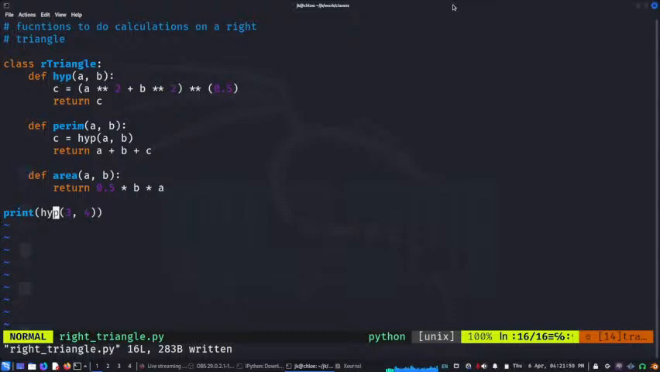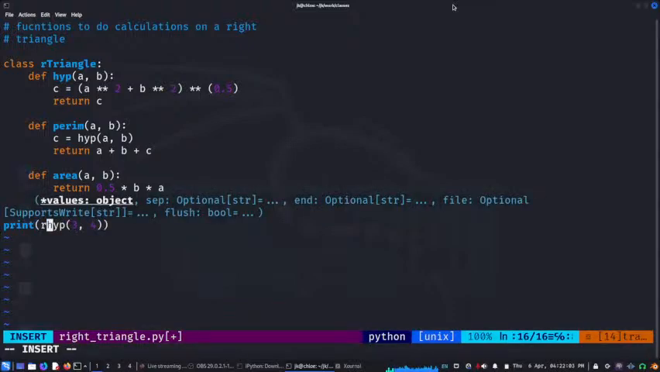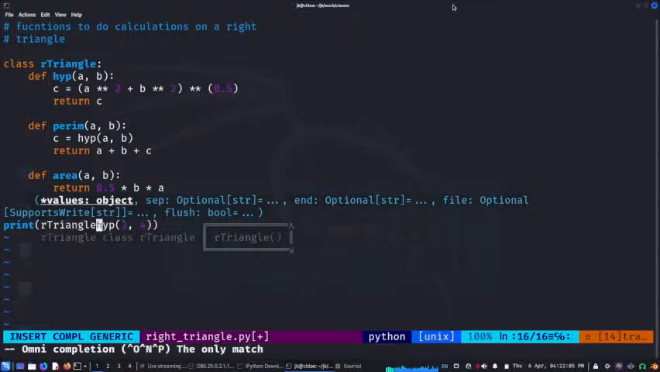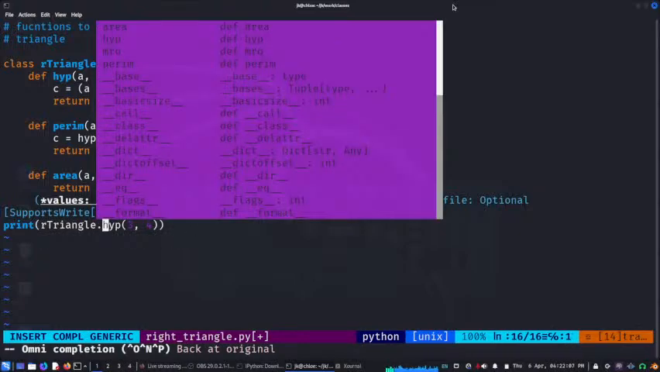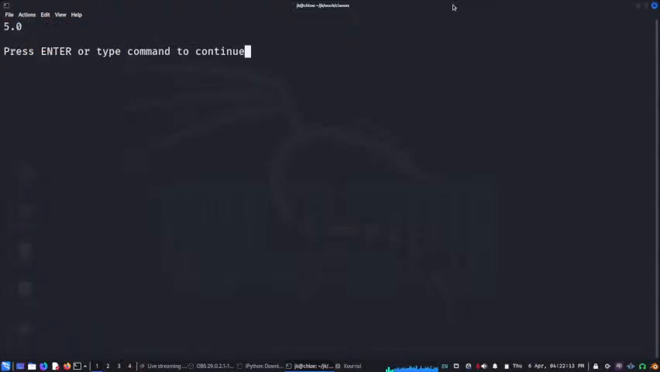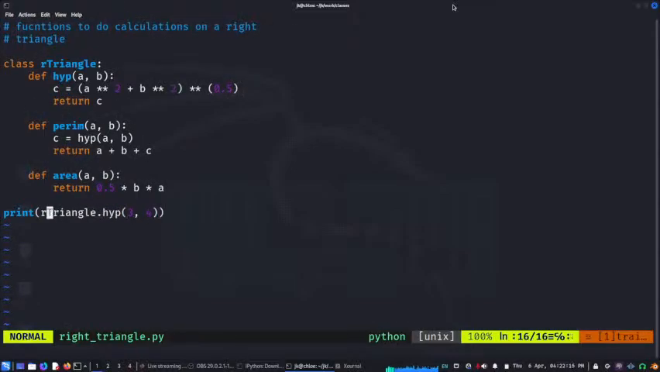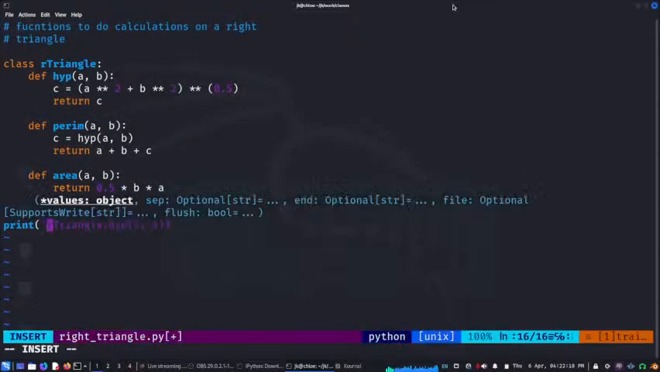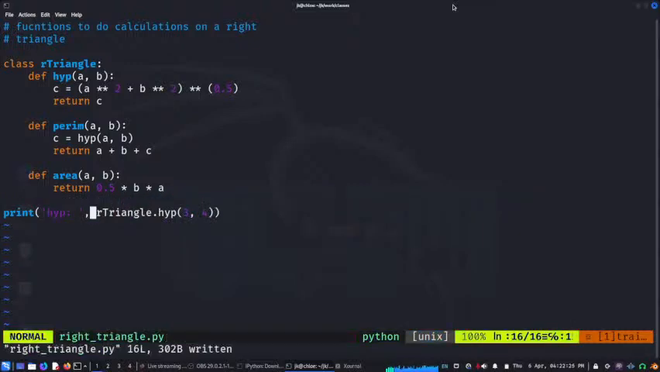Now in order to get, say, the hypotenuse, how do I do it? I qualify it with the class name, I say right triangle dot hypotenuse. Let's see if it works. Yes. Let's make it a little bit pretty. So hypotenuse equal to